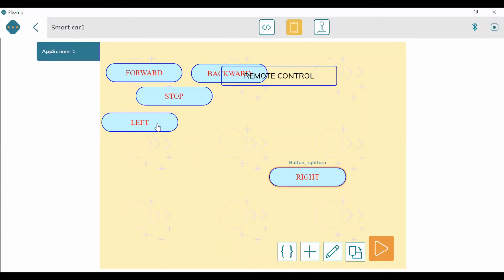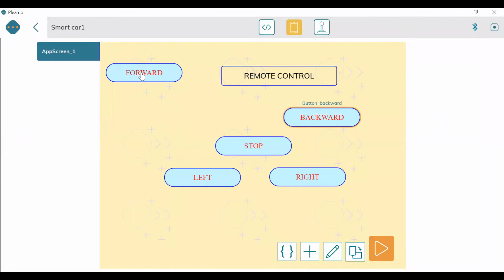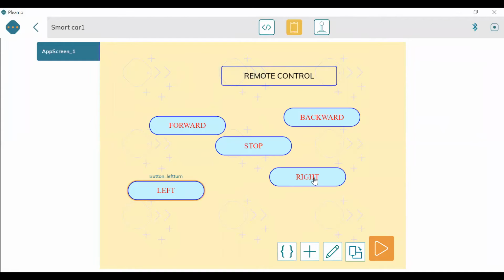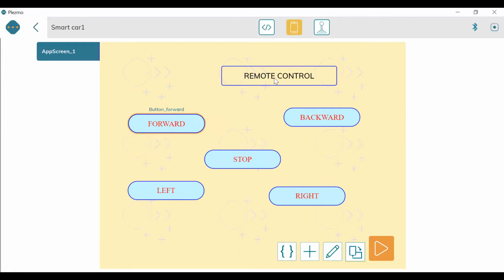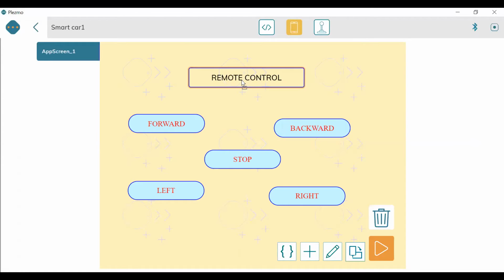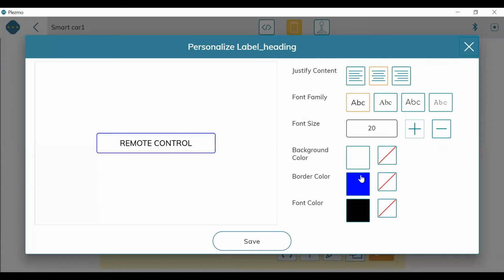So we are going to click like this and change the positions of the buttons. Right, and now we can also keep it like this. If you want to increase the font size more, we can go here, edit the things, and I'm going to keep it as 30.